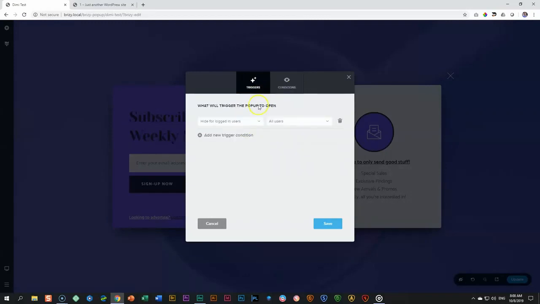So let's go to the most common trigger, and that will be on page load. Click on page load, and this will be after how many seconds it will display. So not to make you wait forever, let's leave it on 5 seconds. Let's save this,